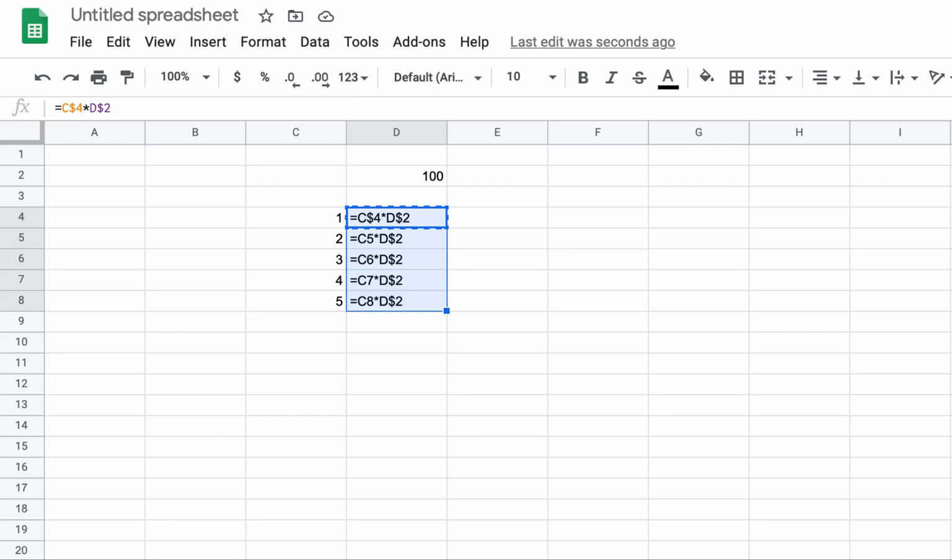No, it will all become C4 only. C will remain C because we are going down the column, so the column will not change. D will remain D for the same reason. What was changing earlier was the row number, 4, 5, 6, 7, 8, 2, 3, 4. The moment I put dollar, I have locked it. I am not letting it change.